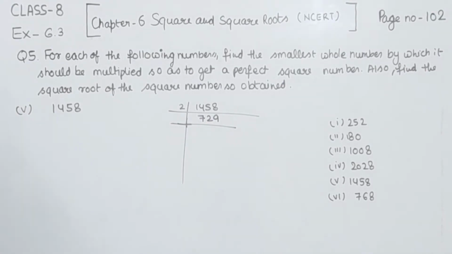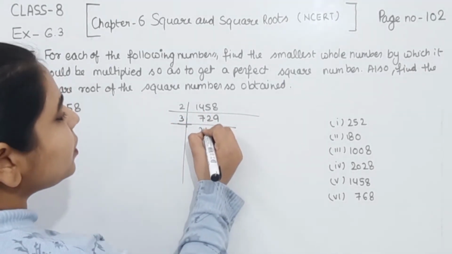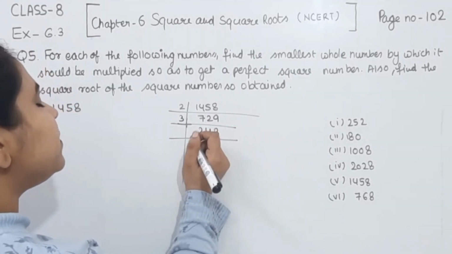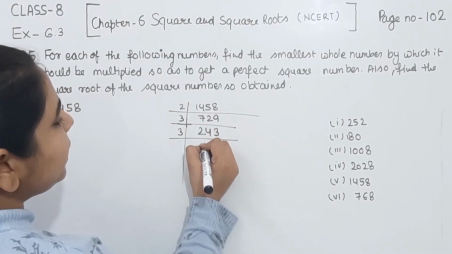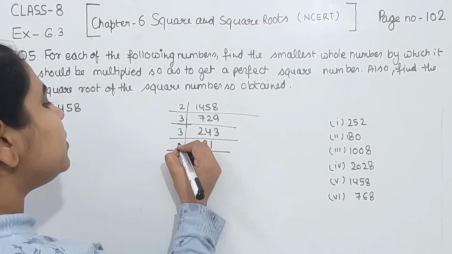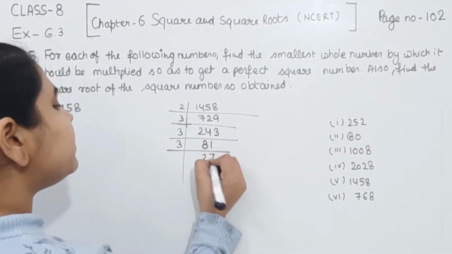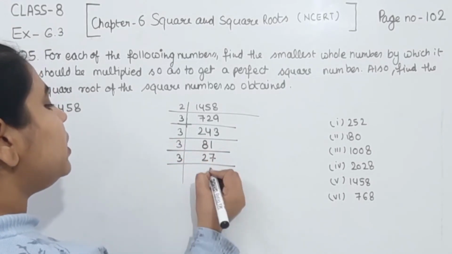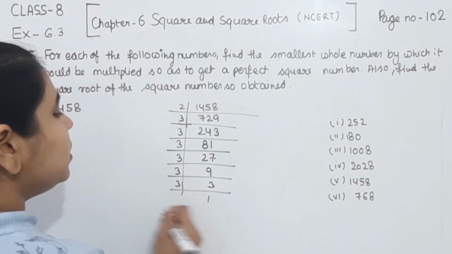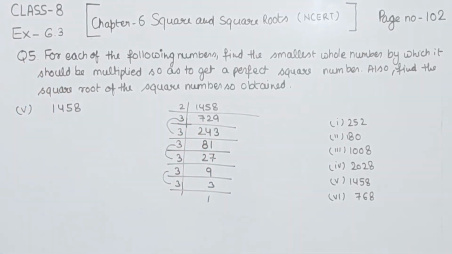We are going to divide this one by 3. So 3 2s are 6, we will have the remainder as 1. 3 4s are 12 and 3 3s are 9. Now again we are going to divide this one by 3. 3 8s are 24, 3 1s are 3. Now again we are going to divide this one by 3. So 3 2s are 6, we have the remainder as 2, so 3 7s are 21. Now 3 9s are 27, 3 3s are 9 and 3 1s are 3. So we are not having the pair of 2 in this number.